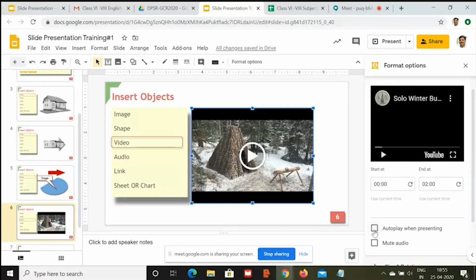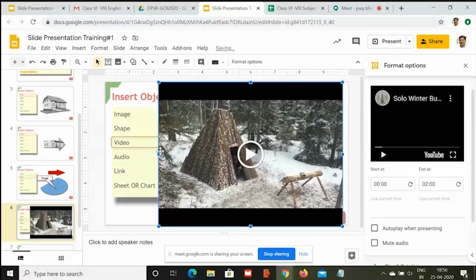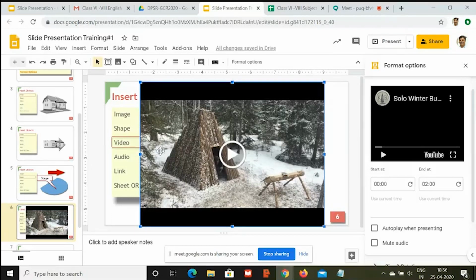Obviously, when you will be playing such kind of video, you would like this to be on the full screen. So you can just increase the size and place it to the full screen. I will not suggest you to horizontally stretch it. Otherwise, the video will go out of proportion, because all the videos are meant for different proportion. So do not distort the proportion. Leave it to the maximum, whatever fits in your screen.